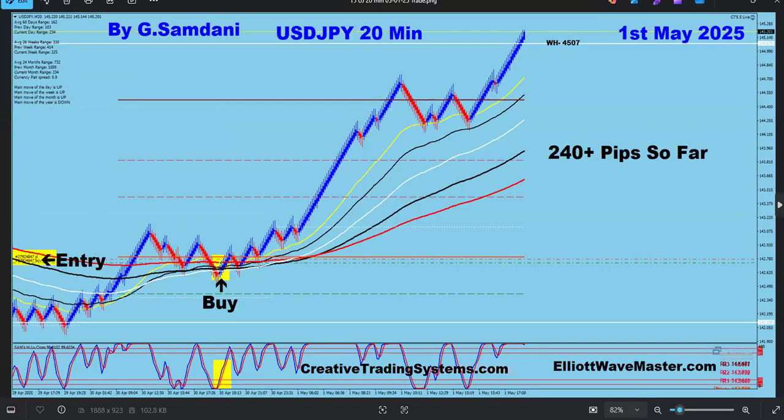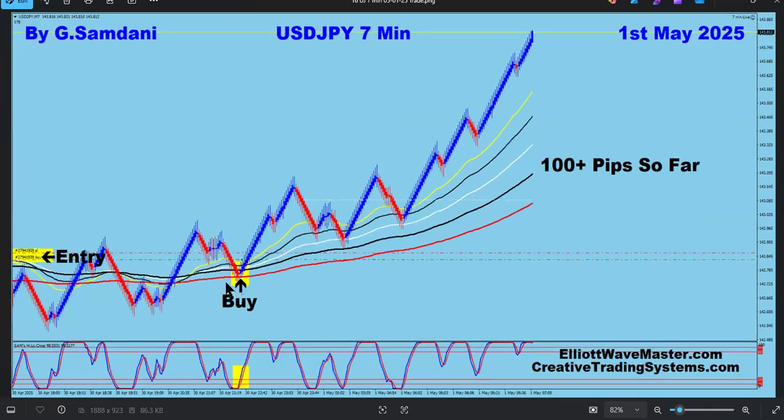That was almost straight, actually. This is mine from the 20-minute. From first the 7-minute I just showed you. This is the 20-minute entry, and then it went up to the distance. I closed the 7 one, but this one I kept open. And another one, this is Omer. He saw me taking the 20-minute entry, and then he got in here. Not him, but the EA. So this is what I'm showing, this EA.